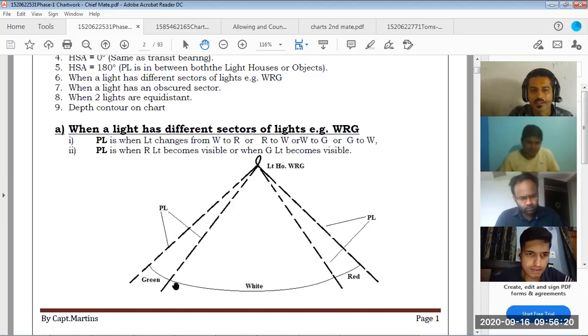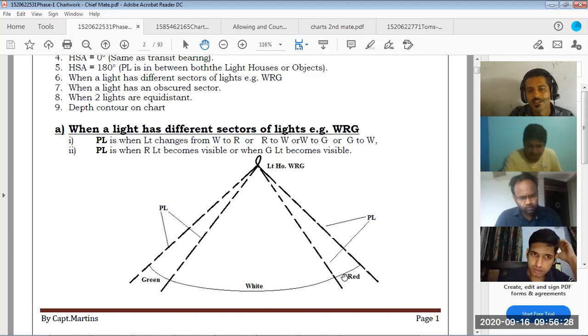Then the moment it changes to white, you can see the white color of the light, that is another position line or bearing. Then when it changes to red color, you get one more position line, and when you can't see the light, you get one more PL. So like this, with different color sectors of light, you can obtain a PL.